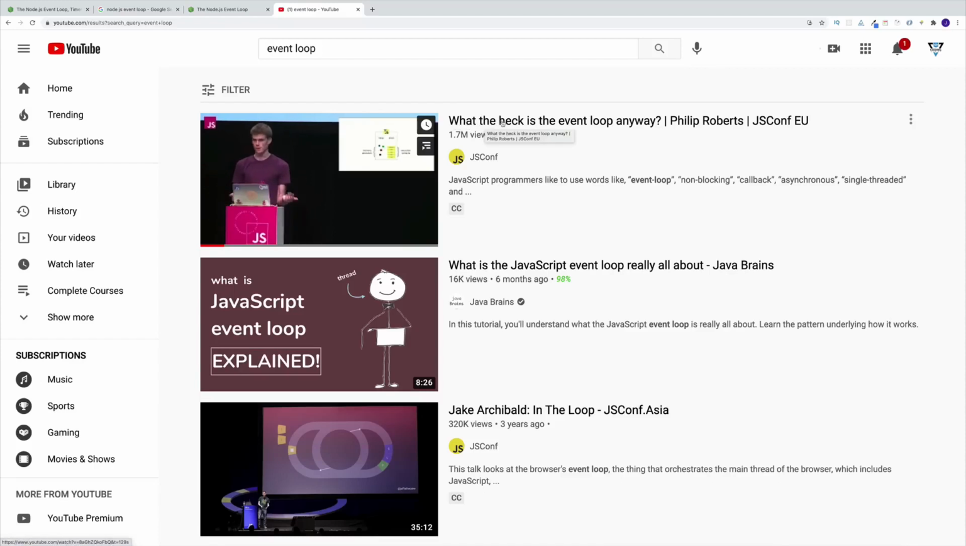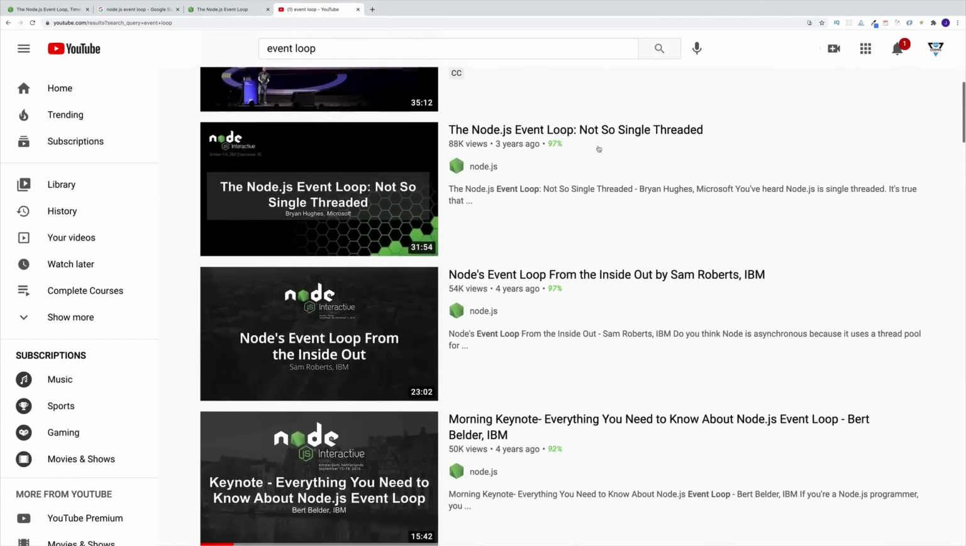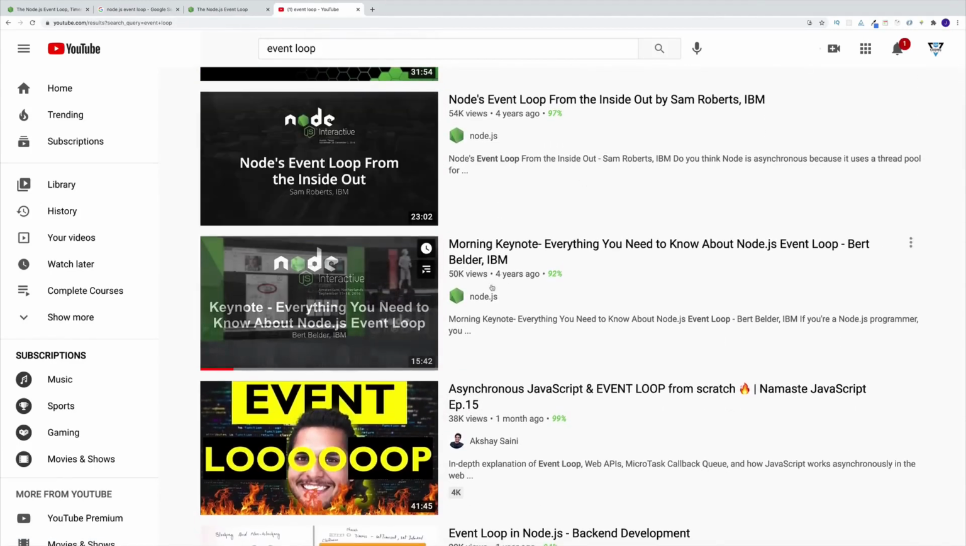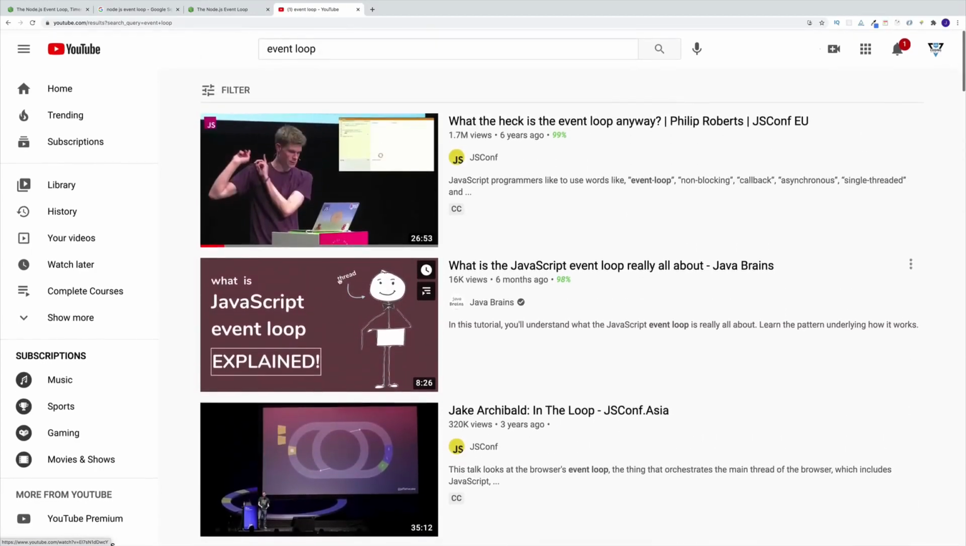event loop. And the first video that's going to pop up is going to be the event loop in browser JavaScript, and I'll talk about it in a second. And the Node.js specific event loop video is this one. I believe it's 15 minutes long, and you can see the name over here. So this is a very, very useful video where the speaker covers a lot of useful details about the Node.js loop